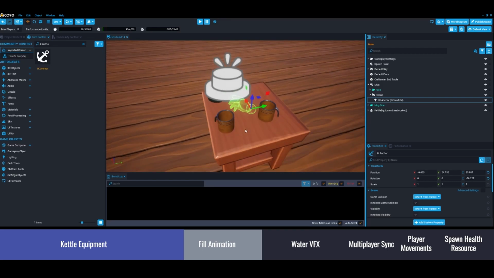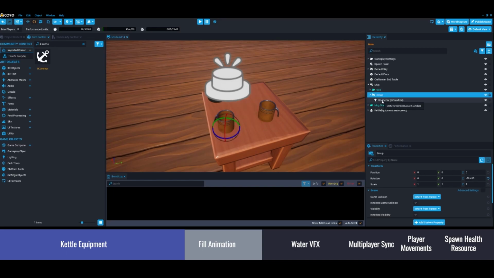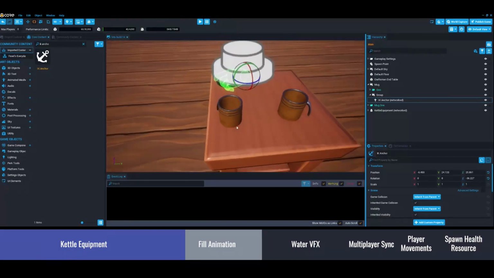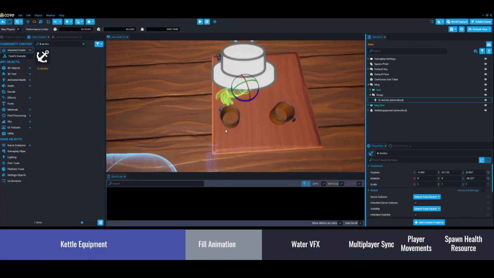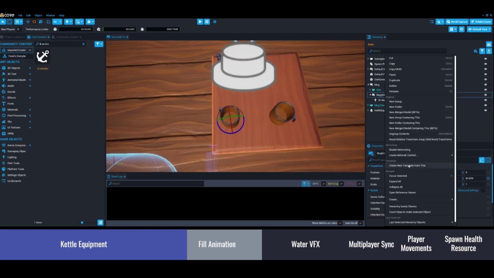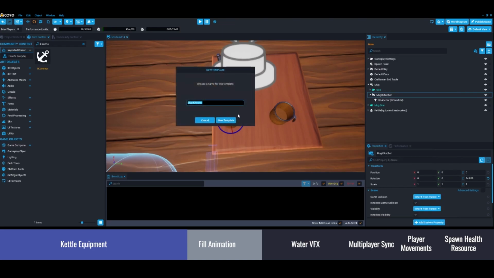And the thing is that now that I have this group with the IKey anchor at the bottom, I can just rotate that group, and you see that the anchor is also moving based on the rotation of the group. So that's great. Now we can call that the mug IKey anchor, and we can make a new template from this,